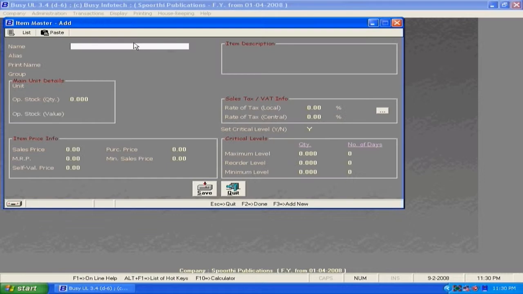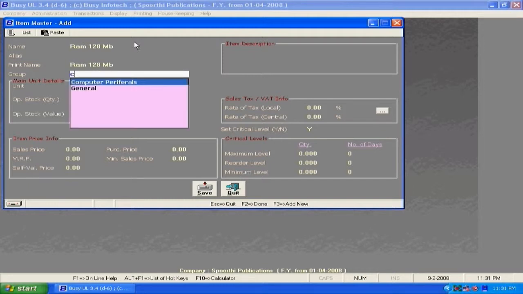Clicking on S, it makes this a primary group. Now let us create items. Items can be purchased items or sold items. Once the items are created, they can be entered.